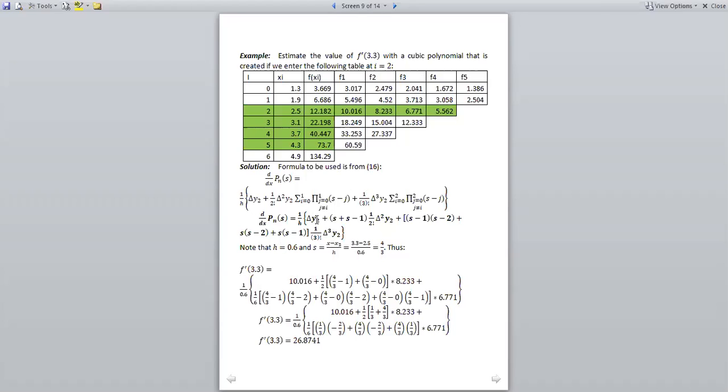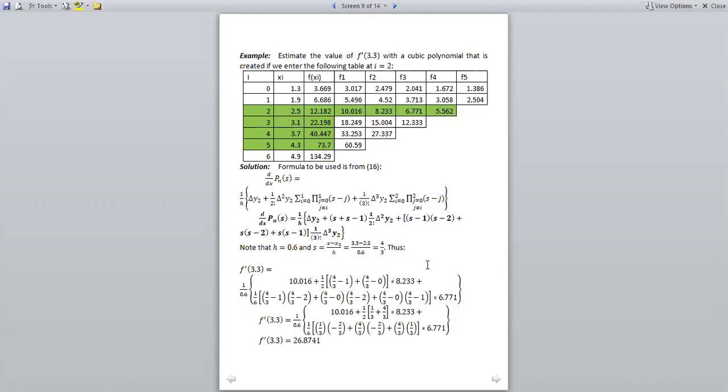The first order difference that I have to use is 10.06, plus next term is 1/2 second order forward difference. So 1/2 here, second order forward difference here. What's the rest of it? The rest of it is s plus s minus 1, I have written it in this form, s minus 1 plus s minus 0. So what's the next term, the third degree term, 1/6, which is 1/3 factorial, third order difference. The third order difference is this 5 point